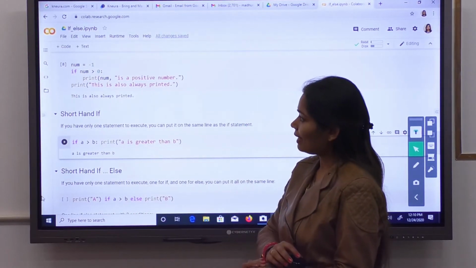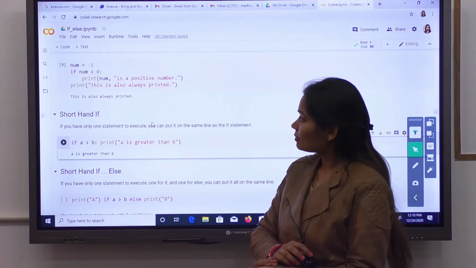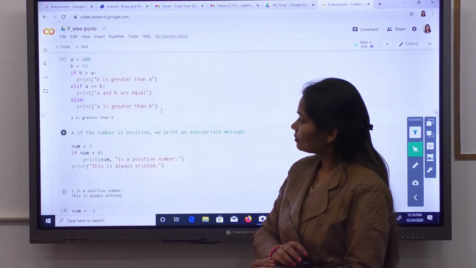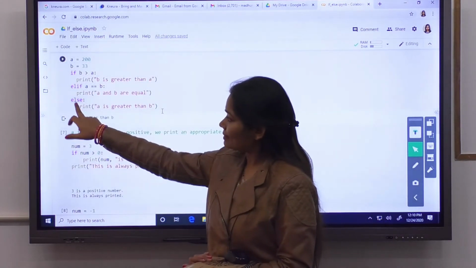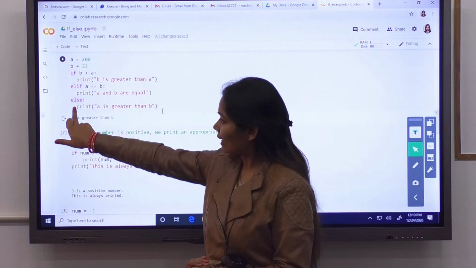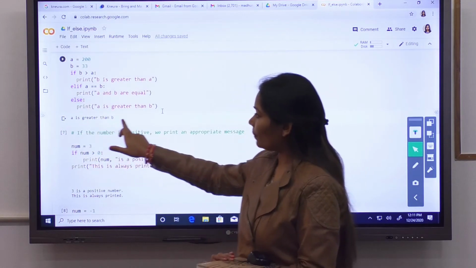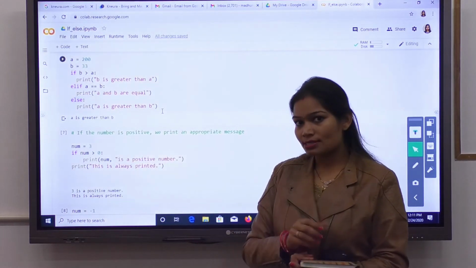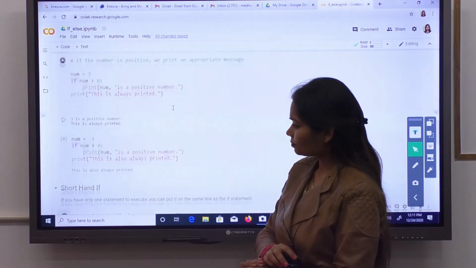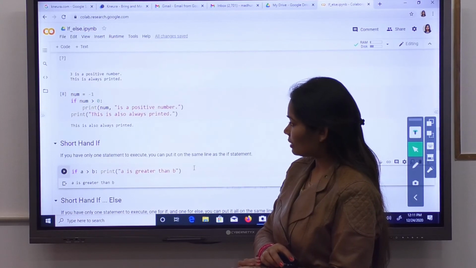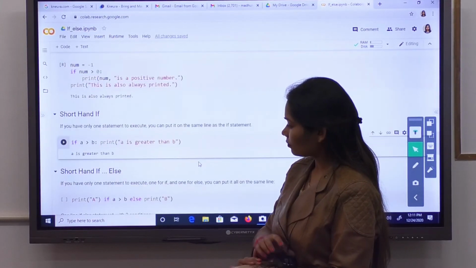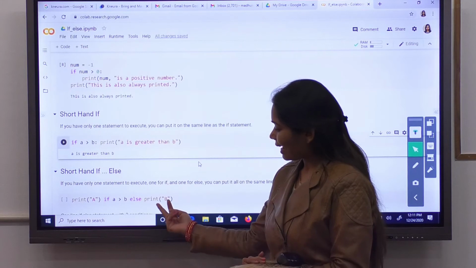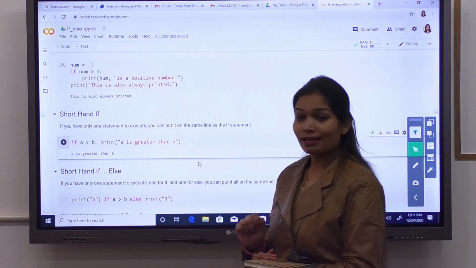In the normal else, you write else colon, press enter and print a default statement. So you always have to print a default statement with the else, which is why you write a statement directly after the else keyword.